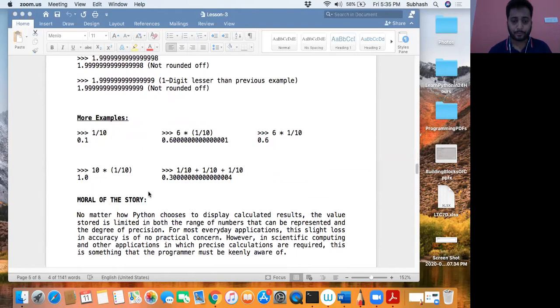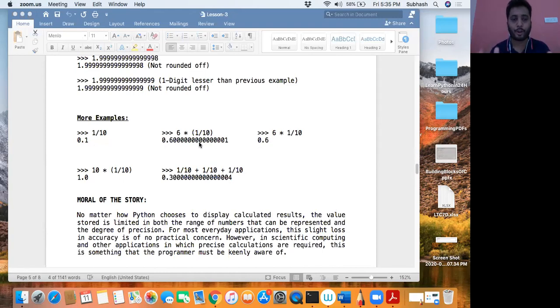Now, suppose you're working with floating point numbers and you want to represent them in a proper manner. As we discussed earlier, the way Python represents floating point numbers is based on what it feels is the right one to represent. Sometimes it says 0.1, sometimes it says 0.6000 up to 16 digits, and sometimes it says 0.6. So if we want to have control over it, if we want to decide that we need, say, 5 decimal places after the point, or only two decimal places after the point, or something like that,